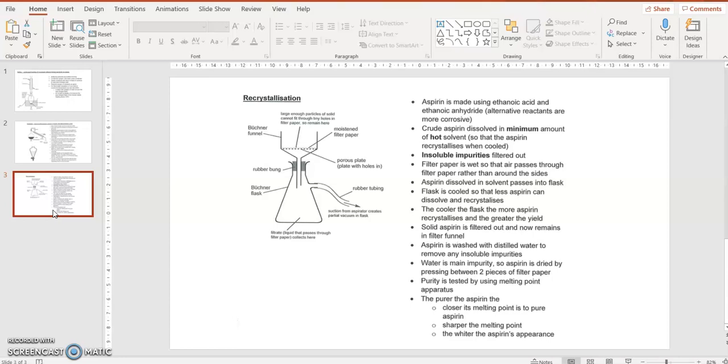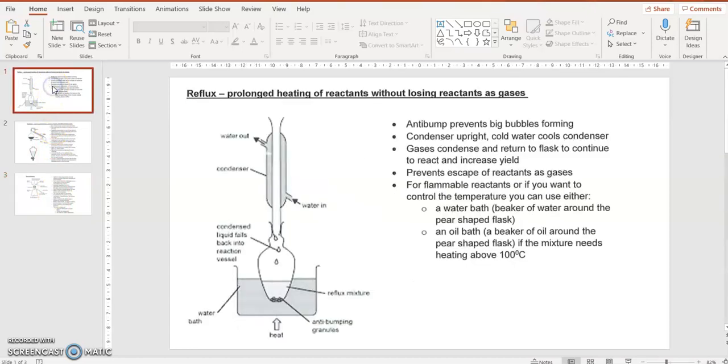It may not be aspirin. It might be something like paracetamol, it might be something like benzaldehyde, it could be another solid, but the process is exactly the same. Now there's another part to this,